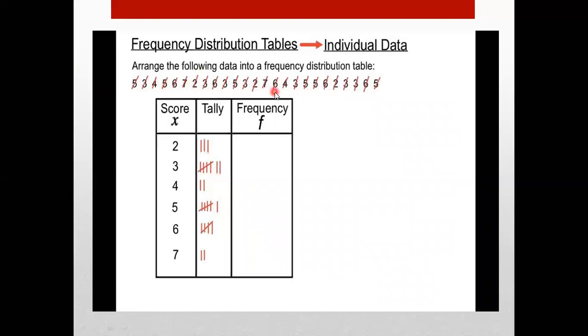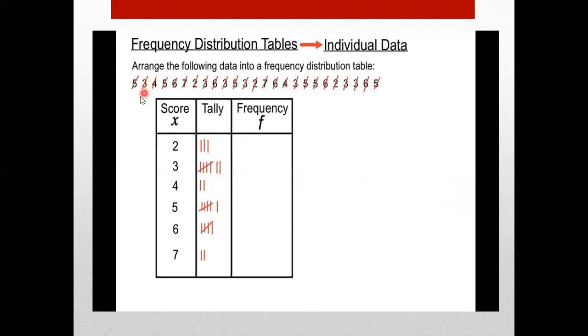Now this is in a random sequence, and you want to arrange it in a proper format, in a systematic order. So you will draw 3 columns. When you draw 3 columns, you're preparing a frequency distribution table for the systematic arrangement of your raw data. Raw means just collected. When you write it down in a random order, that's known as a raw format. Now you are arranging it in a systematic format.